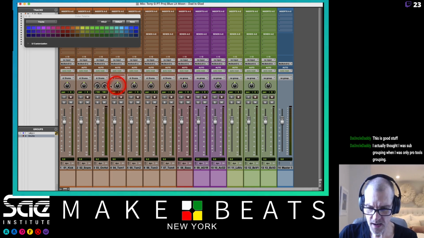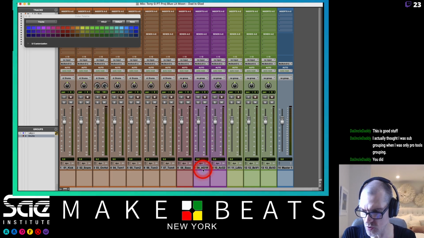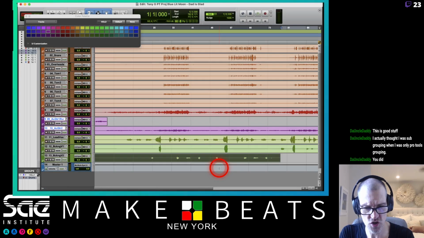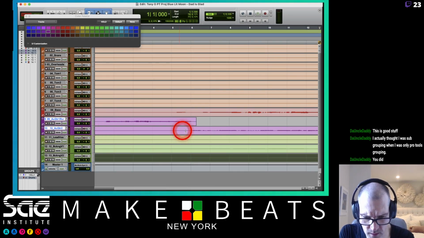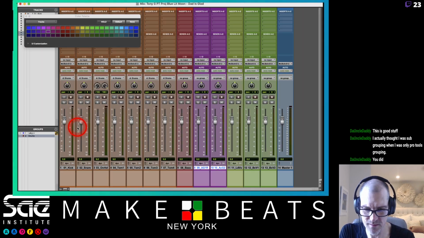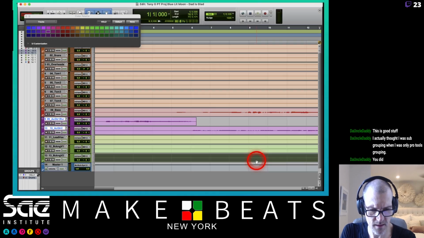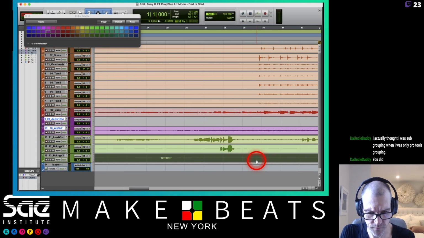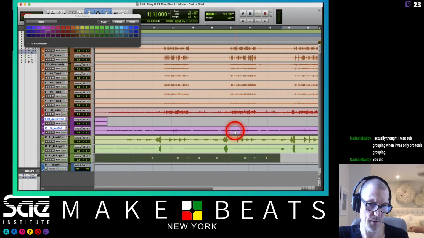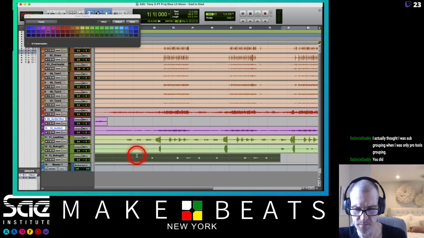Okay, so we got our drums here. Let's go ahead and Pro Tools mix group our acoustic guitars here. Although, honestly, what is going on here? I don't understand why this is on its own track. And these two background vocals here, you know what it is? They probably just recorded them at separate times. I'm going to keep them on separate tracks, just because I'm probably going to separate out some of